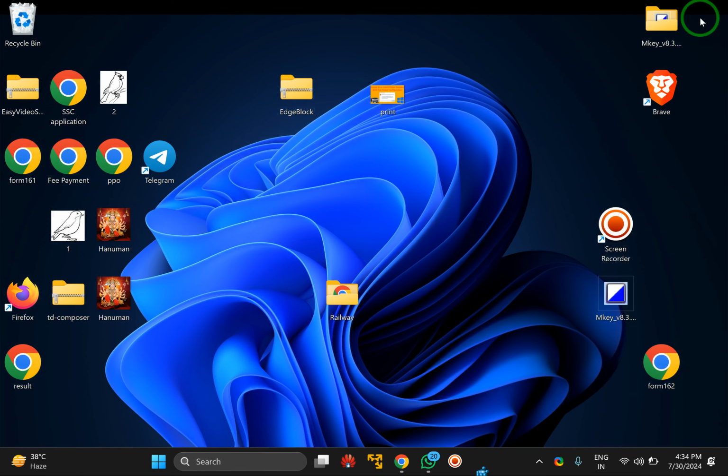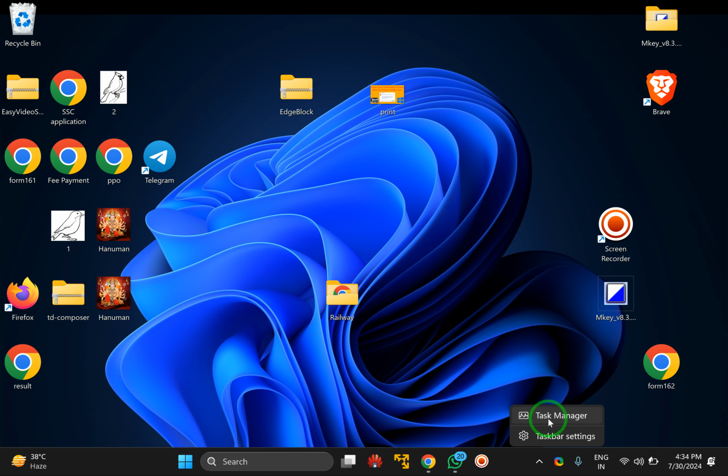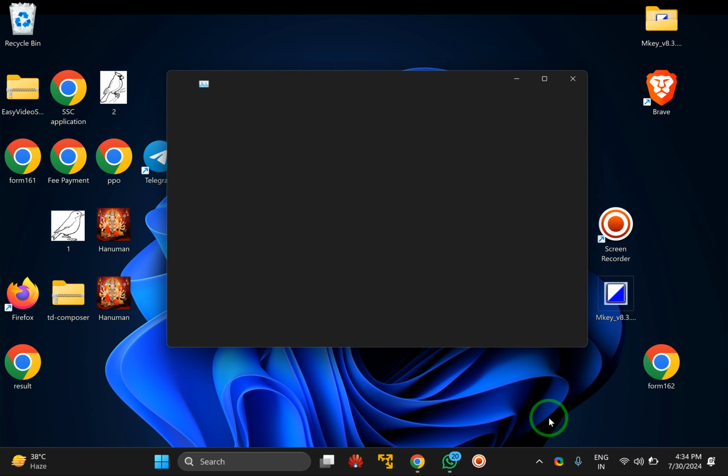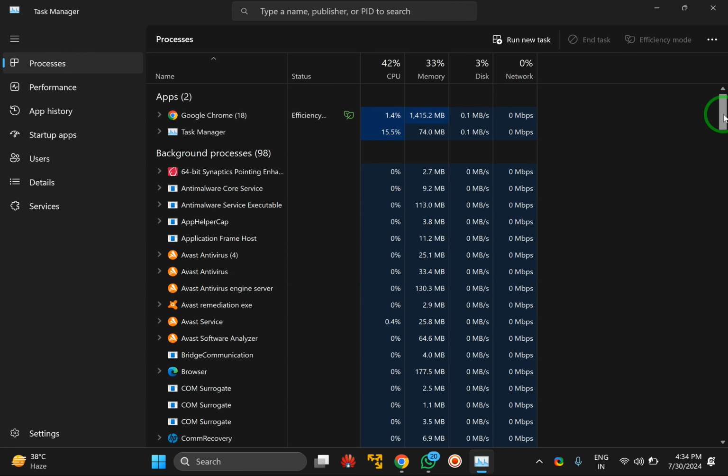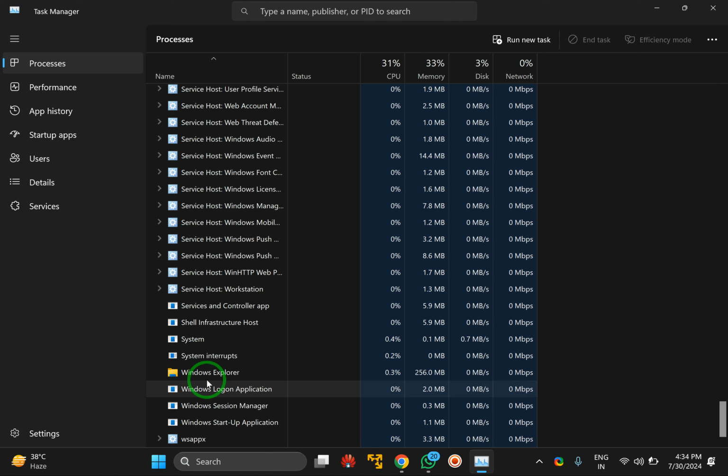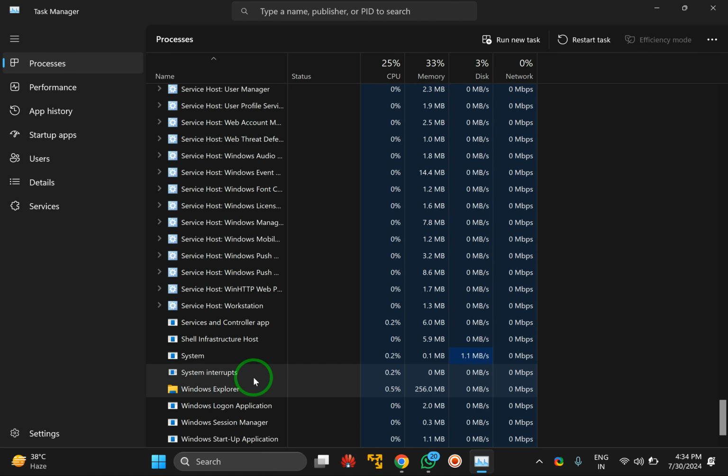Now close the Registry Editor and either restart your PC once, or right click on the free space on the taskbar and select the Task Manager option. Now under the Processes tab, scroll down to the bottom and find the Windows Explorer process.